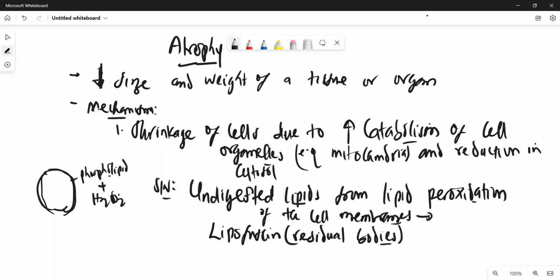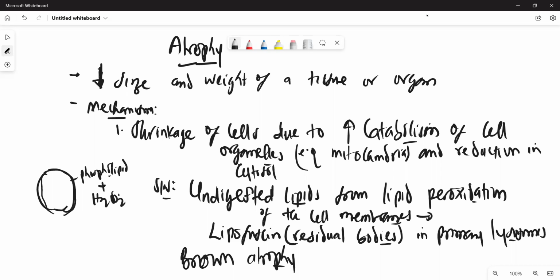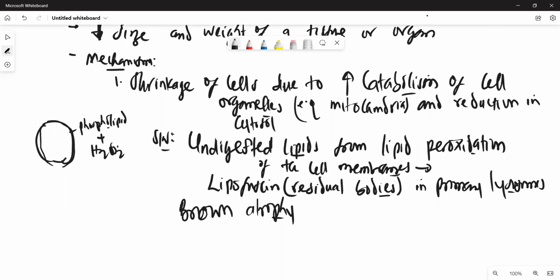This lipofuscin or residual body is usually in the primary lysosome, and they can be present in the tissue and stain the tissue brown. So sometimes you see them calling it brown atrophy. But one thing that is important that I want us to remember about them, when you see them on the exam,